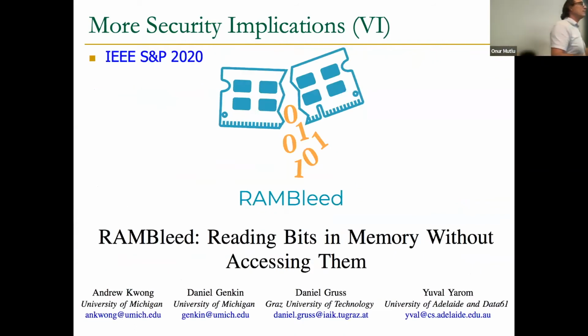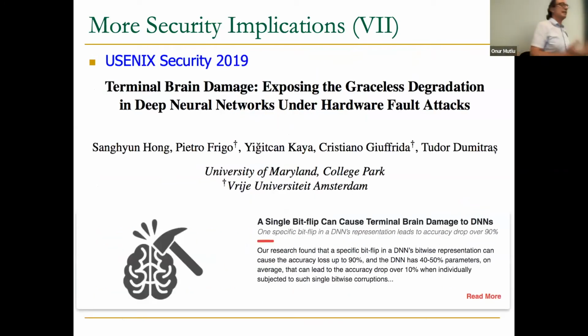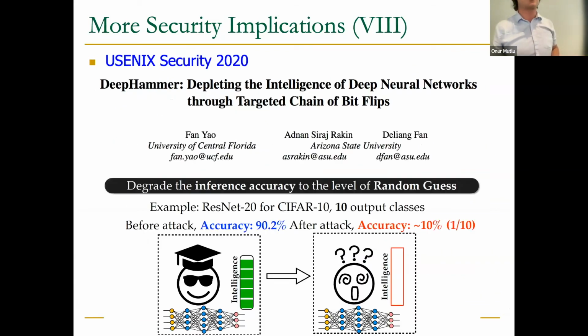Even if you cannot take over another system, this paper showed that you could break confidentiality. By using RowHammer bitflips, they could read someone else's memory, private memory that they should not be able to read. And more recently, people have also been looking at bitflip attacks using RowHammer on neural networks. An otherwise nice neural network inference engine, accelerator, or CPU that's reasonably accurate may become completely inaccurate if you induce these RowHammer bitflips. And there are a lot of works in this area.